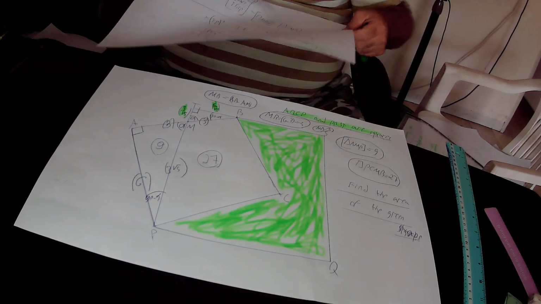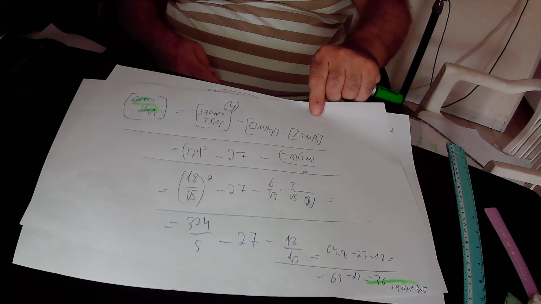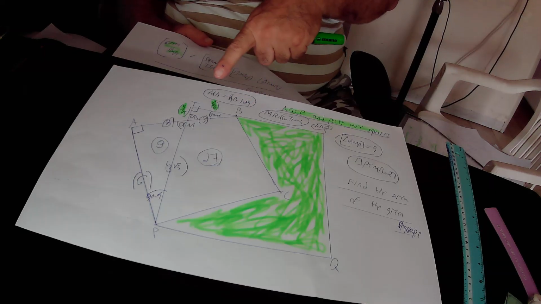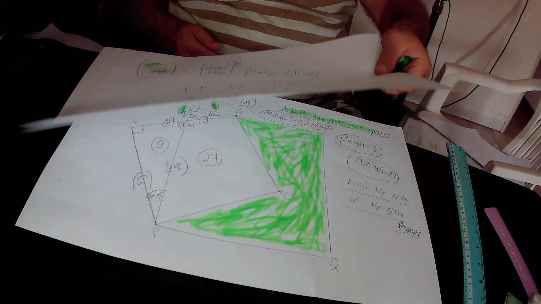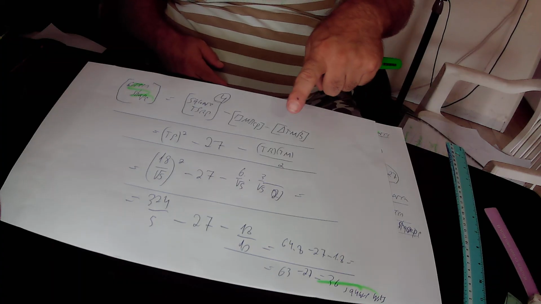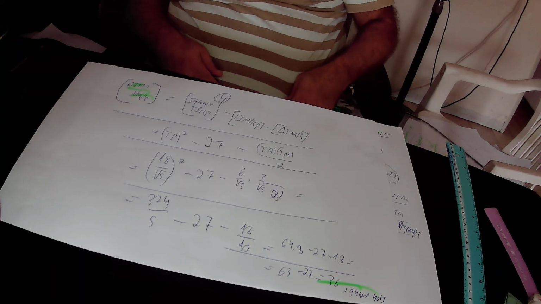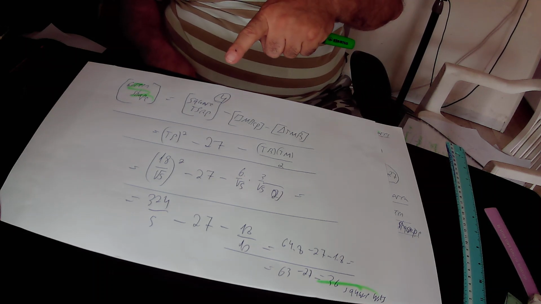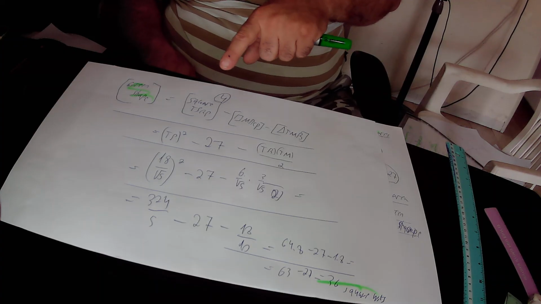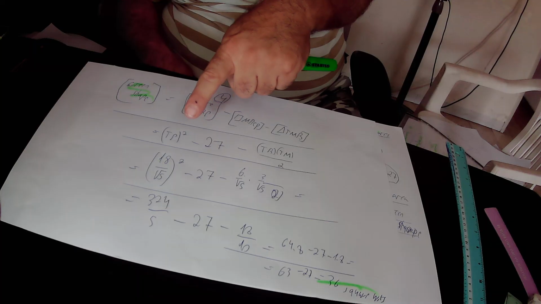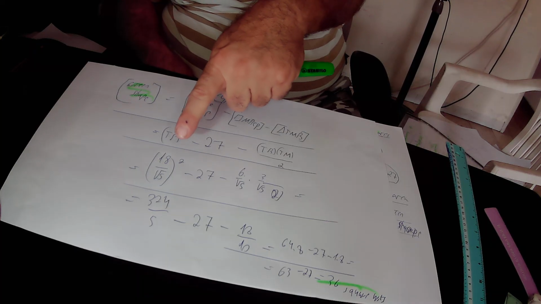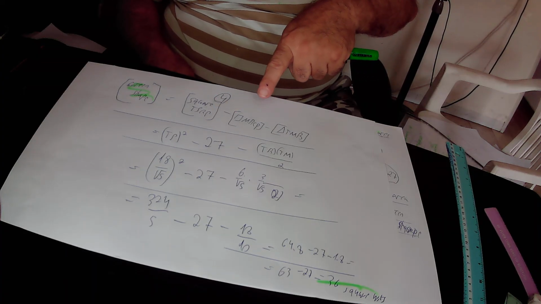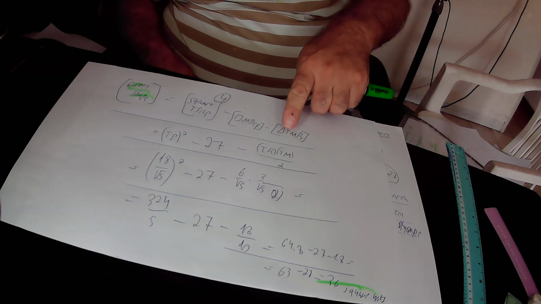Then minus the area of the small right triangle TMB. The area of the right triangle TMB equals the base TB times the height TM over 2. So the area of the green shape equals the area of the big square TSQP, that is TP squared. We found that TP equals 18 over square root of 5, therefore TP squared is 18 over square root of 5 squared, minus 27, the area of quadrilateral MBCP, minus the area of the right triangle